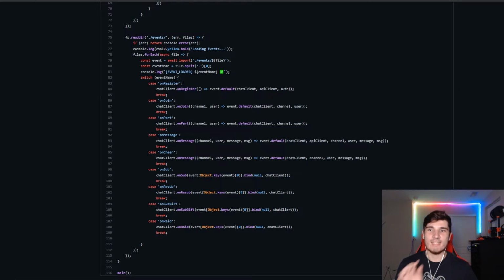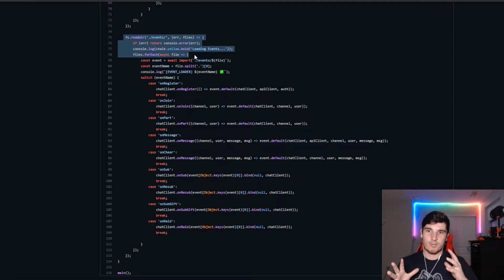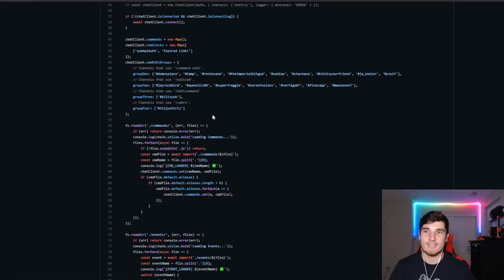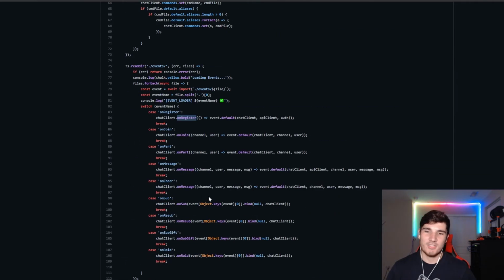I don't see a need to go through this process of going through all your event files, importing them, and then just one-to-one mapping them up to some sort of method, I guess, in this library. So my recommendation here is to ditch the whole read every event. Just import all the relevant events and